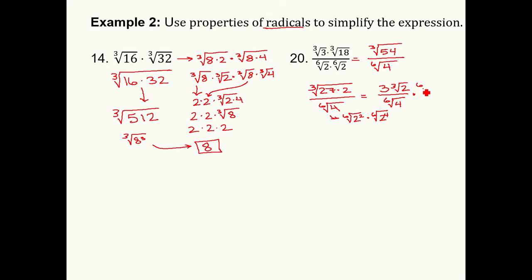I'm going to multiply the fraction that I have times the sixth root of 2 to the 4th over the sixth root of 2 to the 4th. And since I'm multiplying that by something that is really just a 1, right, it's something over itself, it's not changing the value at all, but it is going to clean up that denominator.